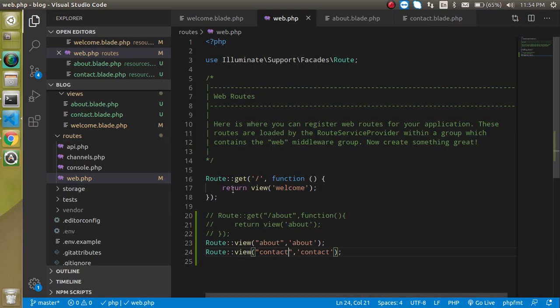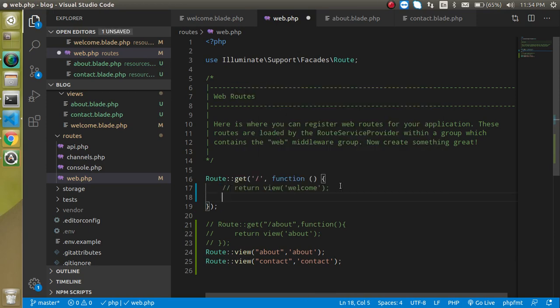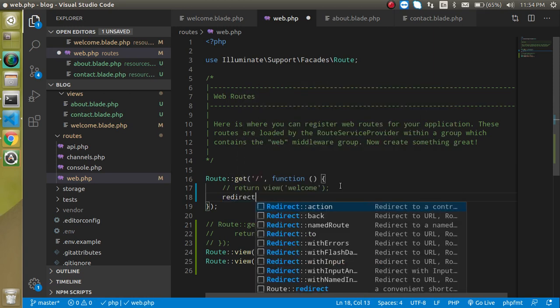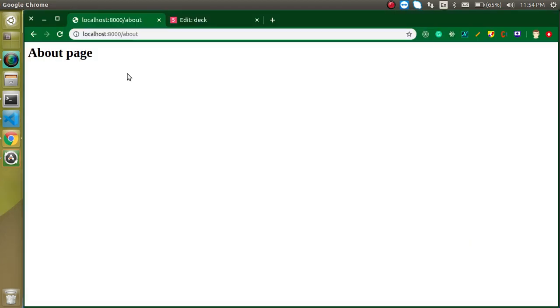Simply remove this page from here and write redirect, and simply put about, right? And you can simply return it if you want, like this, right?